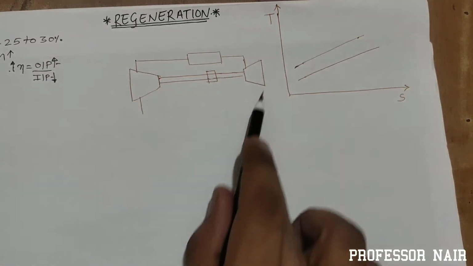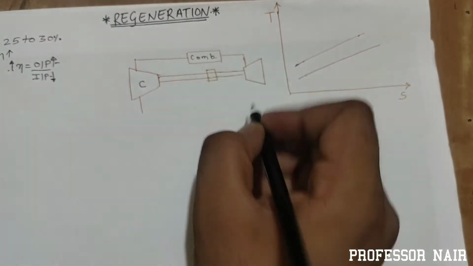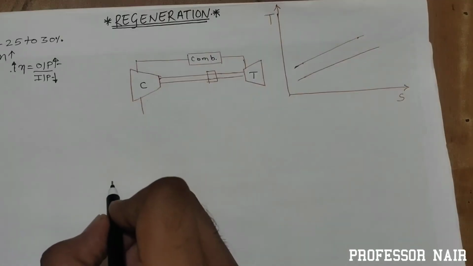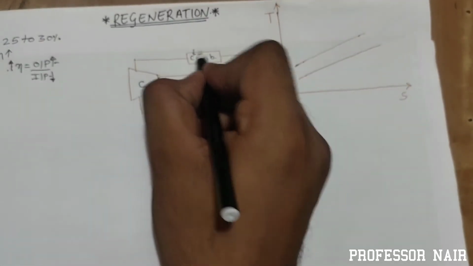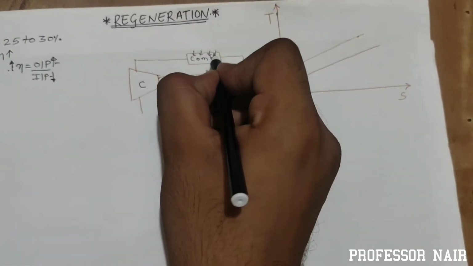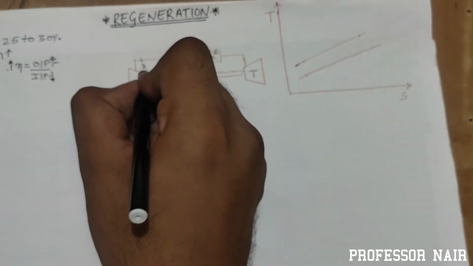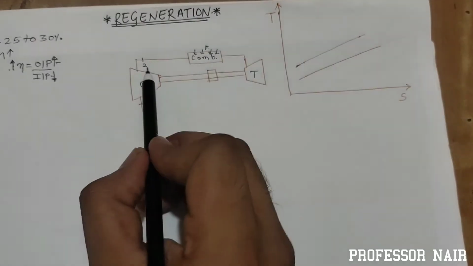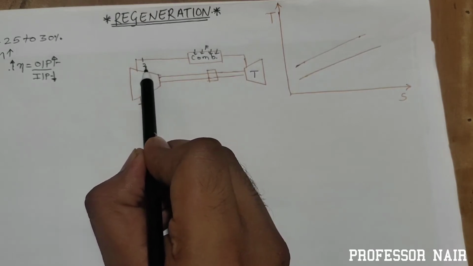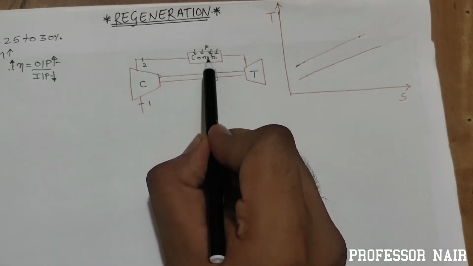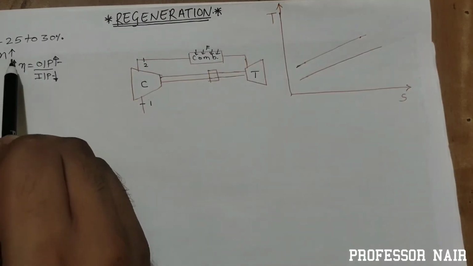So this is basically the open cycle, compressor, combustor and turbine is there. So our basic and main motto is to reduce the input. What is the input here? Fuel. Okay, so I will think about how I can reduce the fuel intake. So as we all know, this is point 1, this is point 2. If I can increase the temperature of point 2, then ultimately the fuel consumption will reduce. If fuel consumption reduces, the input will decrease and efficiency will increase.